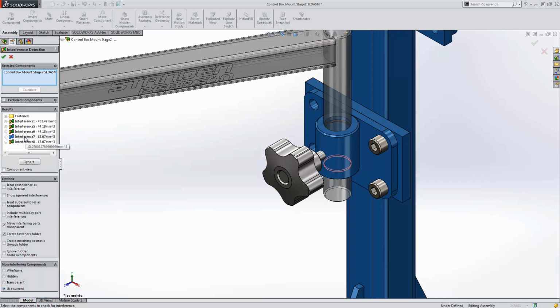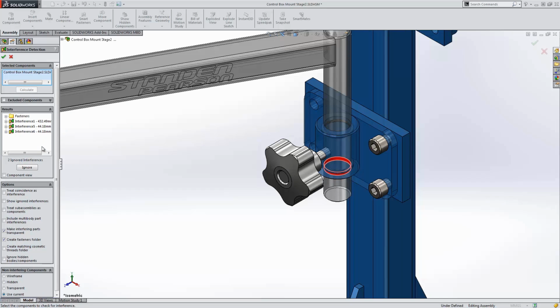But there's also some interferences that are being caused by some O-rings. In SOLIDWORKS 2015, we can ignore these components similar to what we did in the past, but we can also do an Ignore Smaller Than. So if you have a small interference like this for this O-ring, a simple right-click to ignore smaller than will eliminate both of those interferences from our display. We also have the capability of sorting these largest to smallest or smallest to largest in order for us to be able to determine quickly where our interferences are coming from and what the largest interferences might be in our